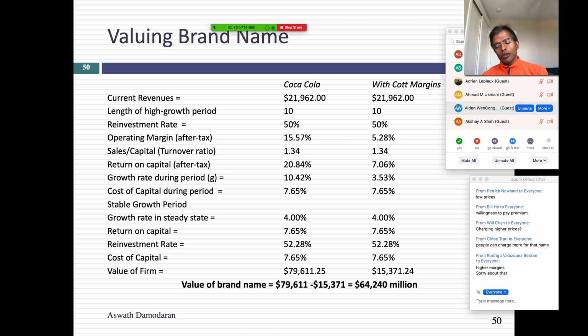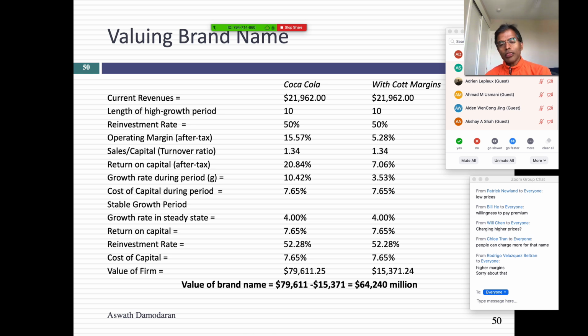So I walked into a room full of Coca-Cola executives: top marketing guy, top production guy, top brand name guy, top finance guy. And I did a traditional DCF valuation of Coca-Cola. I won't go through the specifics, but I gave them a high return on capital, a high growth rate. And essentially I came up with a value of about $80 billion. So I finished the valuation. The guy in the front row puts up his hand, the head marketing honcho, and he said, you forgot something very important. And I'm trying to think of what did I forget? Maybe I forgot a division, maybe a business. I said, what did I forget?